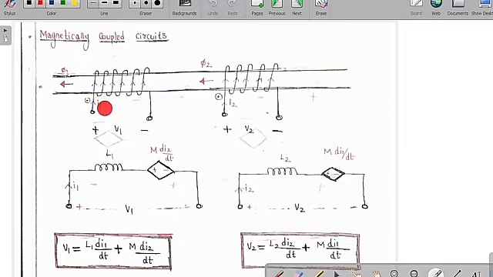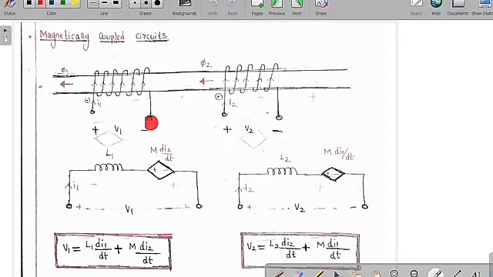Then if you apply your right hand thumb rule, if you curl your right hand fingers in the direction of the current, the thumb indicates the direction of the flux. Similarly here also, if you curl your right hand fingers in the direction of the current, the thumb indicates the direction of the flux. So you can see clearly these two fluxes are in the same direction. So therefore these two are connected in the